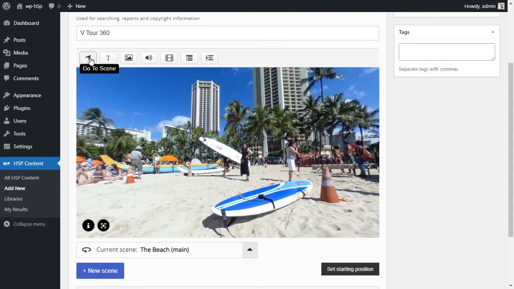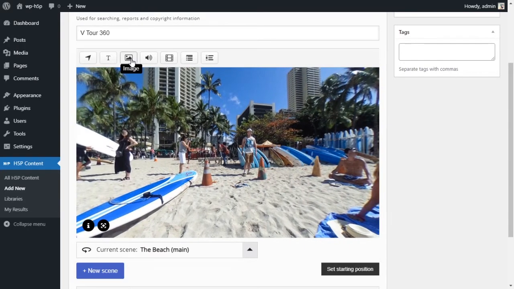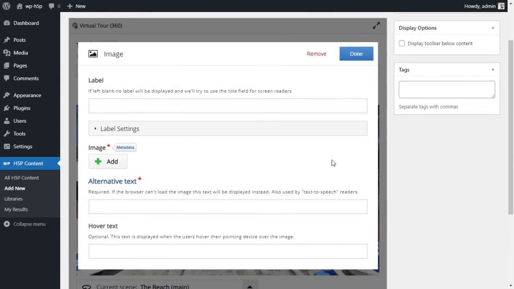The first one I'll skip because this one just creates a link to another scene. So if you want to create a link between two scenes, you use the go to scene tool. And we'll use this a lot after. So what I want to do is I want to add an image. So I'll add an image into the scene and I'll call it